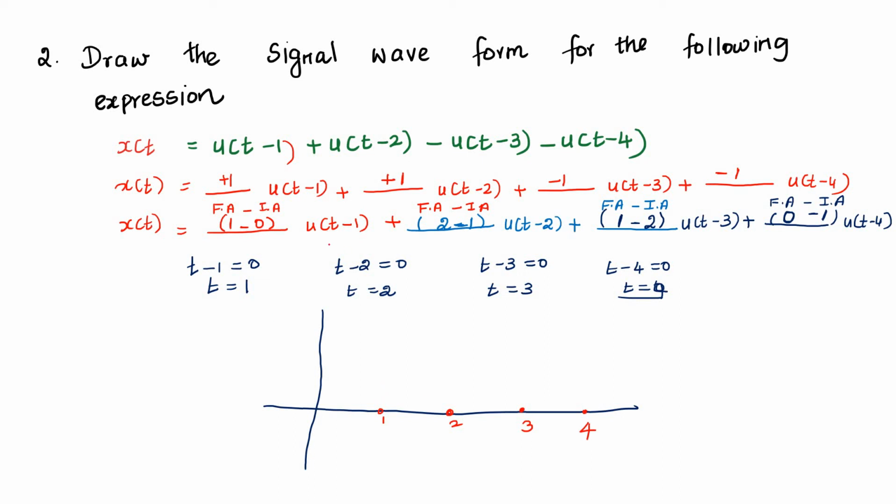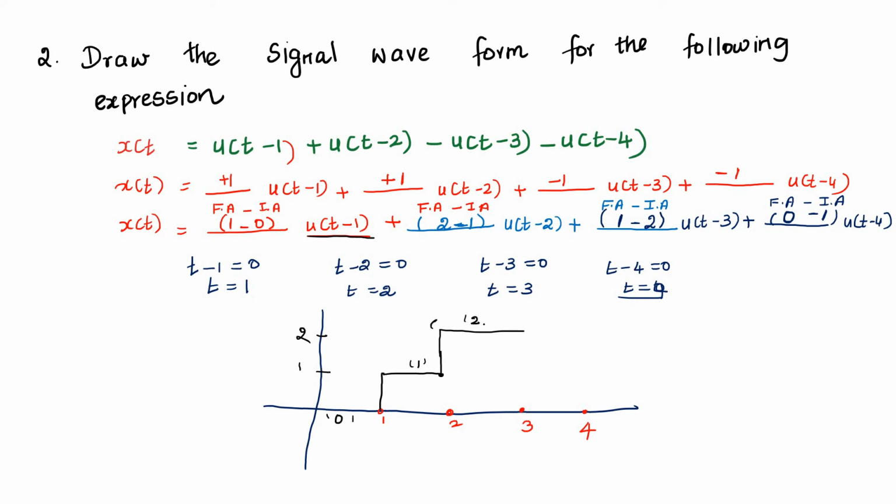So first, u of t minus 1. Here what is the final amplitude? Initial amplitude 0. So this is the initial amplitude and final amplitude is 1. So up to this, we have to draw. And next for u of t minus 2. What is the initial amplitude? It is 1 and final amplitude is 2. This is a unit